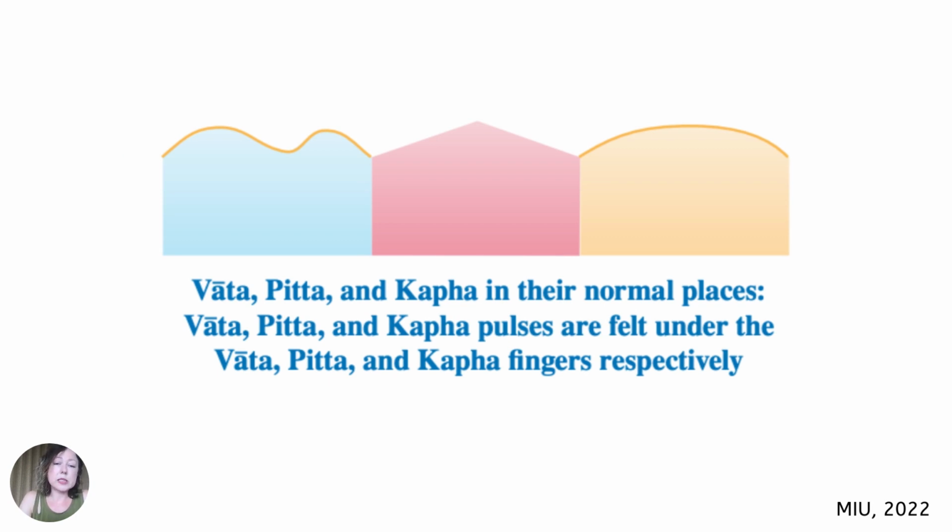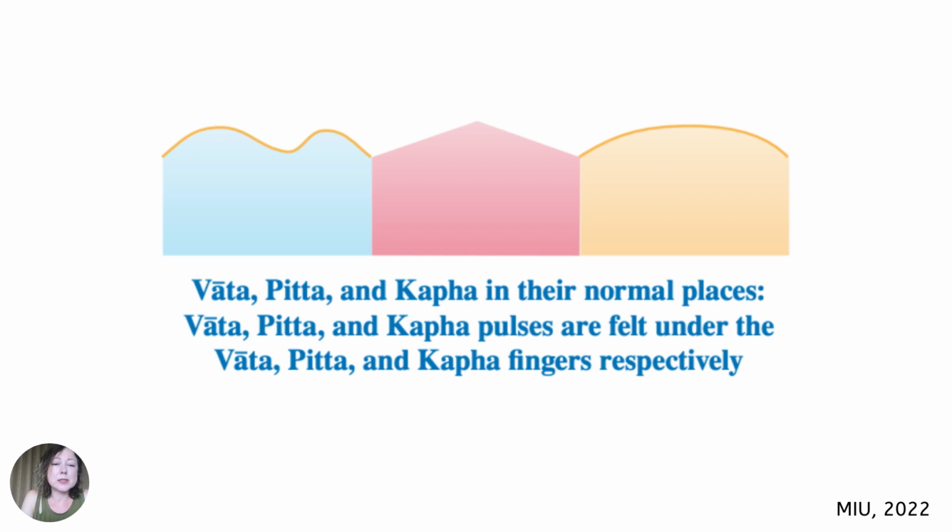Another couple qualities that we are looking for before we take the pulse. Under the Vata finger or index finger, we can assess the gunas or qualities, but also if you notice the wavy line there, it tends to be moving kind of like a snake. So it may not be as consistent as you see Pitta there, being more of like a sharp point.